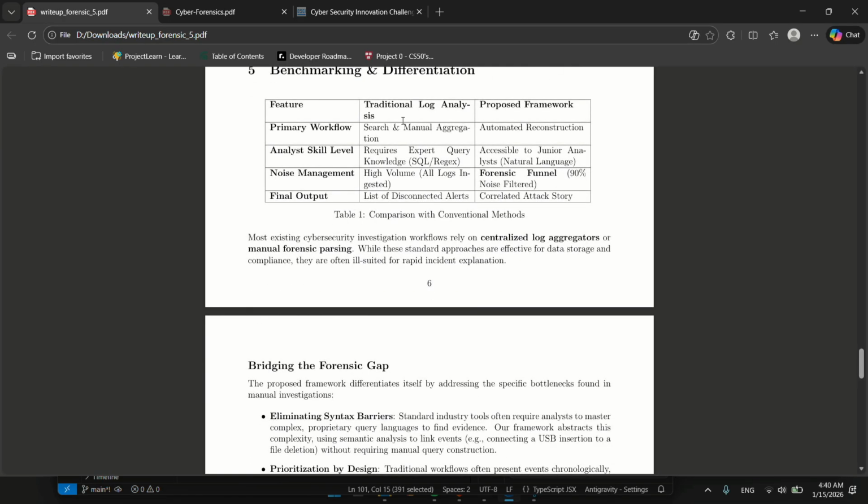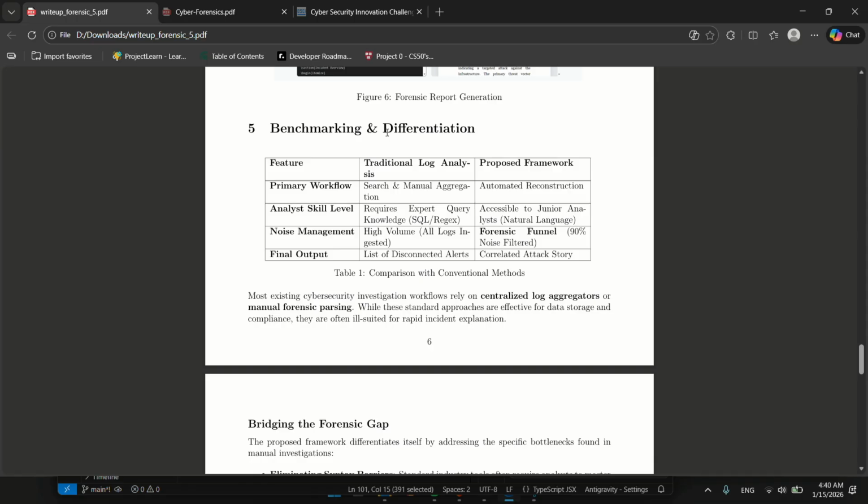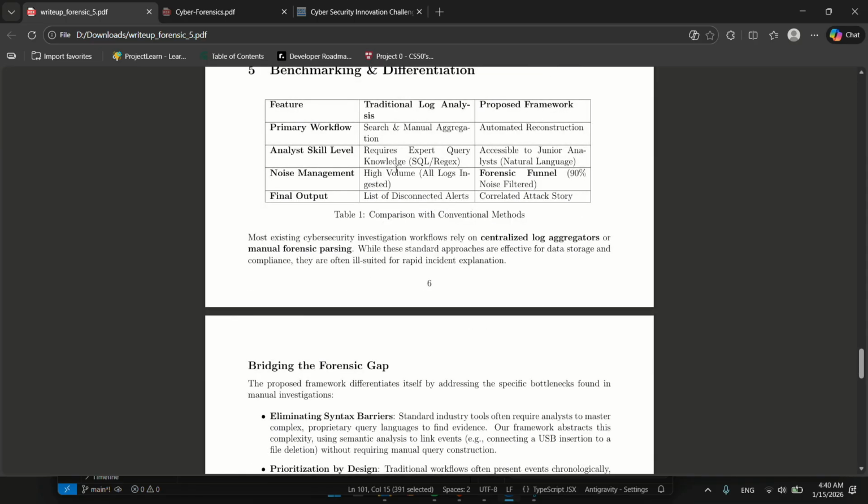The previous systems, or also most of the current systems, require knowledge of SQL, regex, or their own query-based languages. Whereas in this framework, you do not require those skills. This is searched using more of a natural language basis. The final story in previous systems has a lot of data which you need to correlate and work upon yourself, whereas here the complete story is provided.